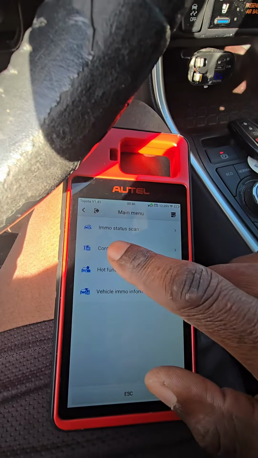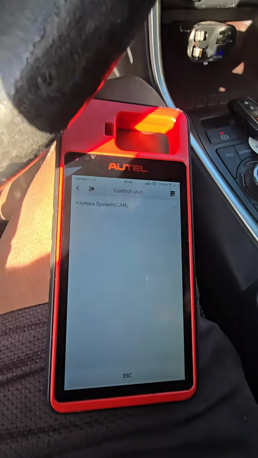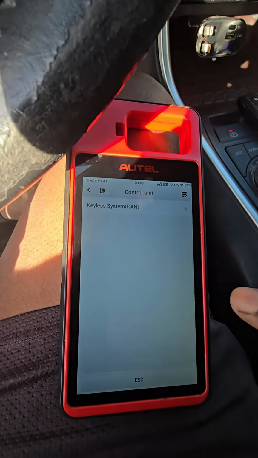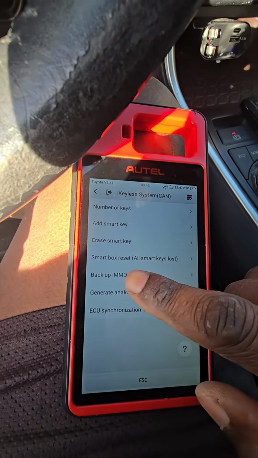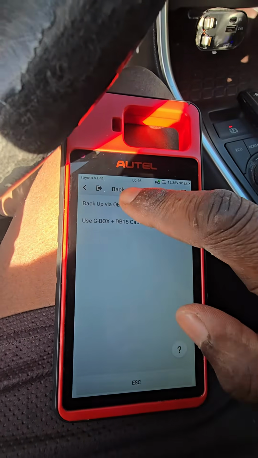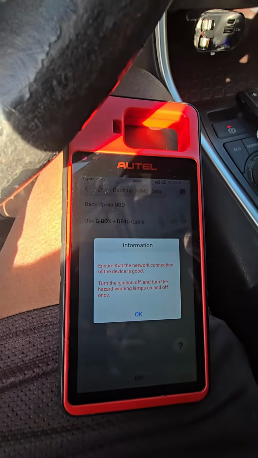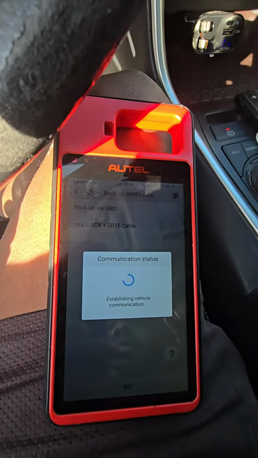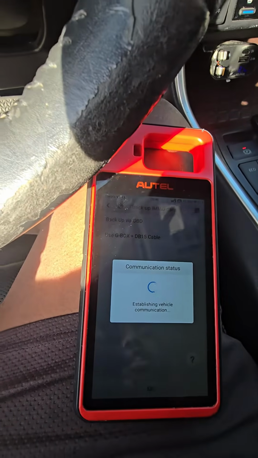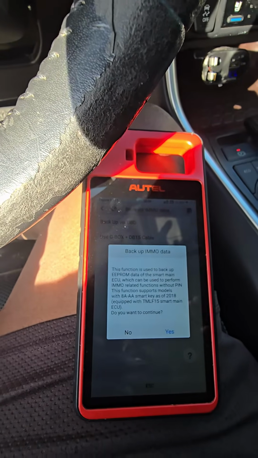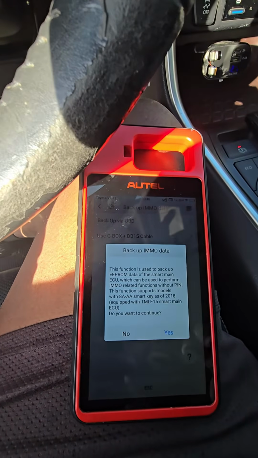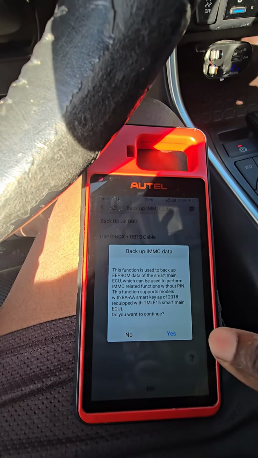So what we're going to do is go into control unit and keyless system, and then back up EMO data via OBD. Essentially what this does is it reads the immobilizer data from the car and stores it on a file